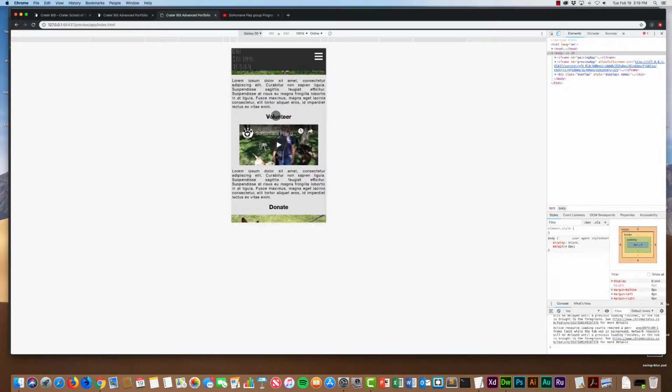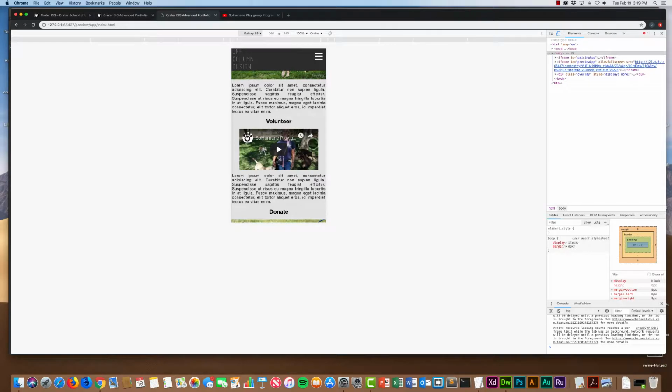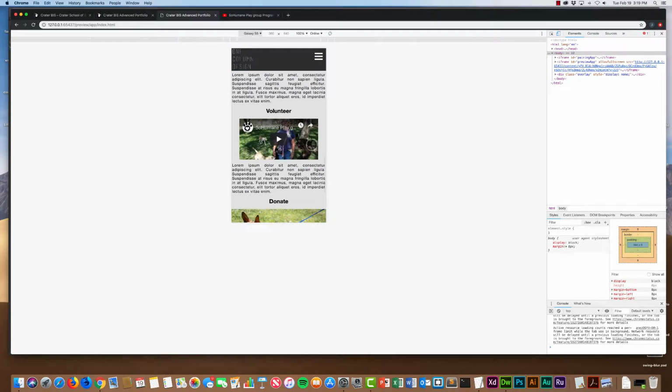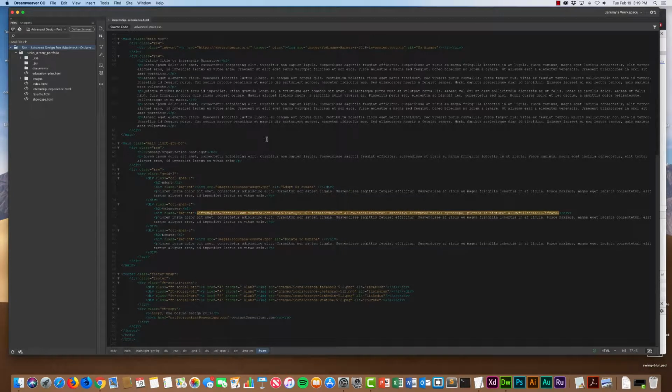That's what I want to kind of look at. So I know the Galaxy S5 is about 350 pixels wide. So what I'm going to have to do is actually readjust that a little bit. And I want it to be a little bit taller as well in that player. So, oh, actually, I forgot to apply that class to that video. Darn it. So I'm going to come back over here,